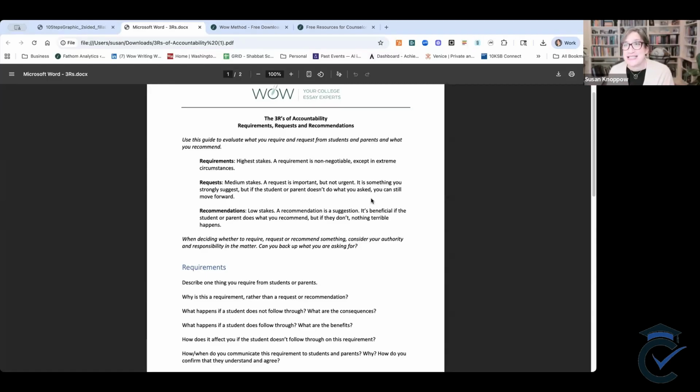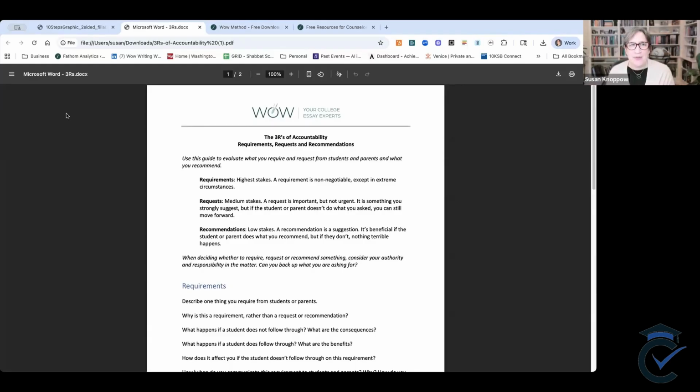And we're going to talk through a few examples to really get to the heart of what this means. This can change how you think about your process. Everything cannot be a requirement. Or nothing, so if everything's urgent, nothing's urgent. So what's a requirement? What's a request? What's a recommendation? All right, I'm going to give you a couple minutes to think about it. Put it in the